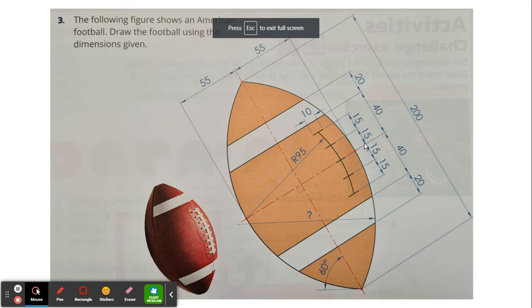The measurements from this line here are clearly 15, 15, 15, and 15. So it's going to be 30 out either side and 15 out either side. And then, oh yeah,